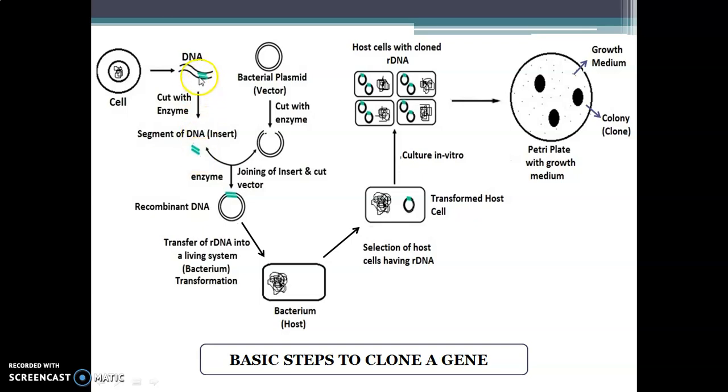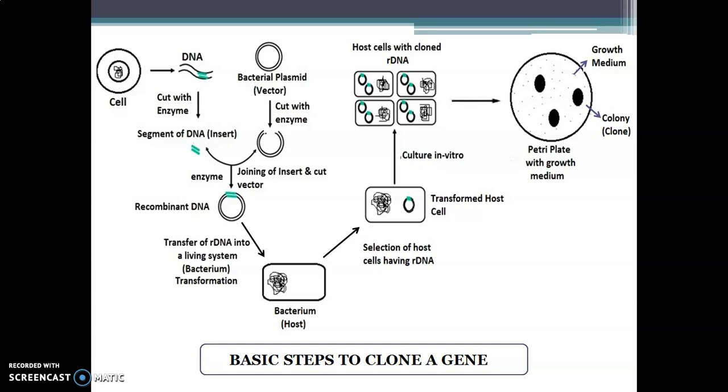So this work of cutting that DNA specifically at those locations where the gene of interest is present, so as to take it out, is basically accomplished using specific enzymes, because the enzymes know how to do their function specifically, selectively. Next step in this particular process is insertion of this gene of interest into vector molecule.